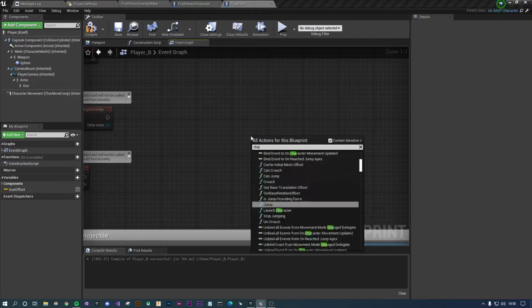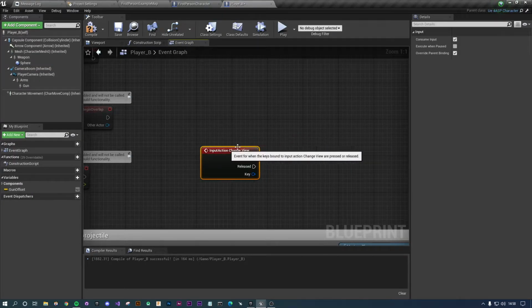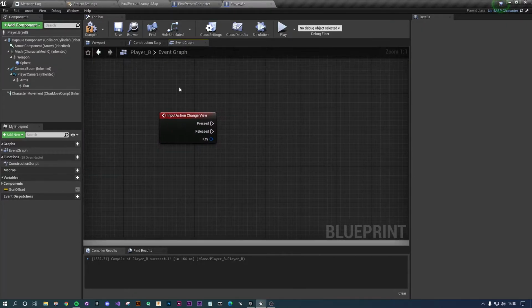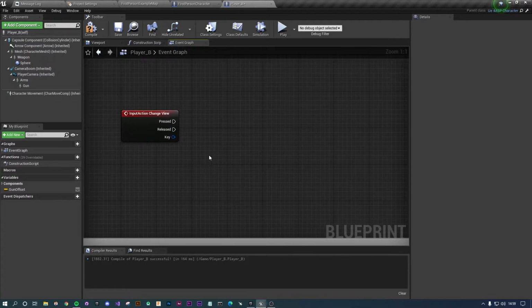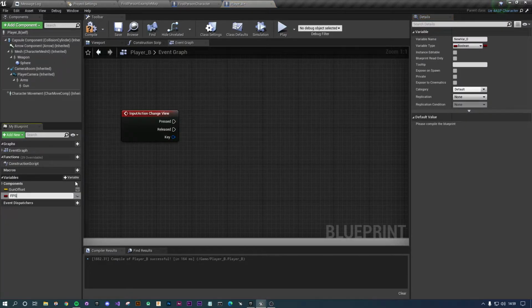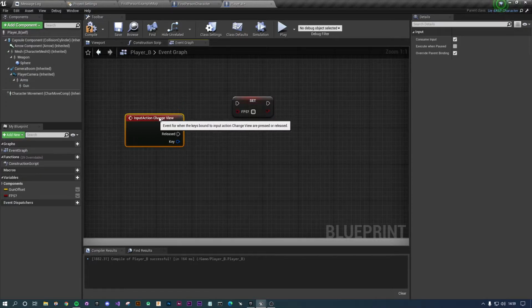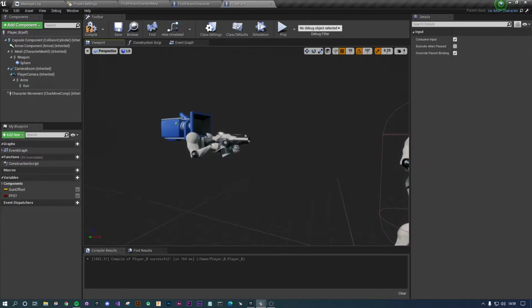Let's go back over to our player B character now. Let's get rid of that and let's put change view. So now we've got our change view input section. So when we change the view, we're going to want to change from being in third person to being in first person. So we're going to need some way of setting yes or no, which one are we in. So I'm going to add a variable over on the right hand side, and I'm just going to say FPS question mark, like are we in FPS? And I'm going to drag that over and set it. So I think by default we should have it in third person,